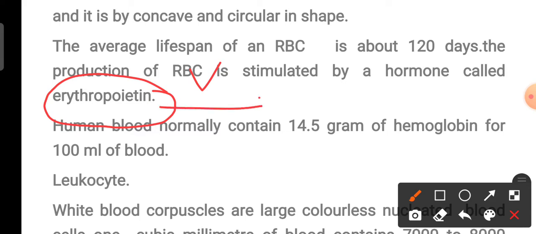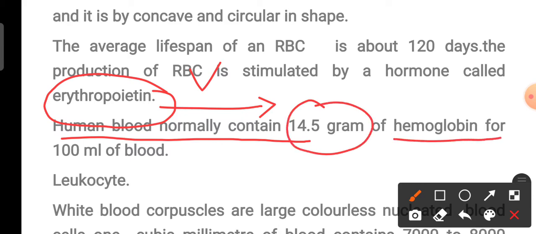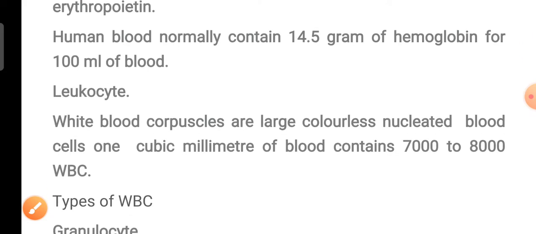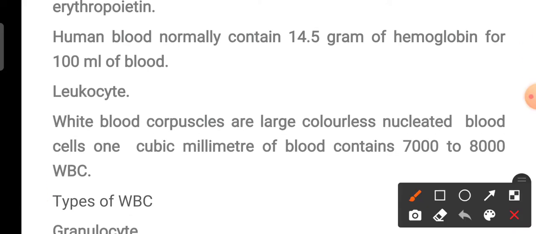एक काइंड ऑफ हार्मोन्स होता है जो कि हमारा आरबीसी को प्रोडक्शन और फॉर्मेशन करने के लिए मदद करता है। एंड यू कैन सी ह्यूमन ब्लड नॉर्मली कंटेन 14.5 ग्राम्स ऑफ हीमोग्लोबिन फॉर 100 ml ऑफ ब्लड। यानी 100 ml का ब्लड में 14.5 ग्राम्स का हेमोग्लोबिन होना चाहिए।